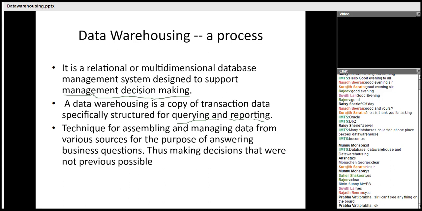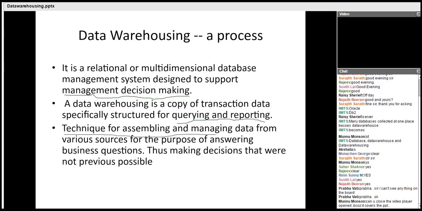Okay. So data warehousing helps in management decision making, then for querying and reporting, and it is a technique for assembling and managing data from